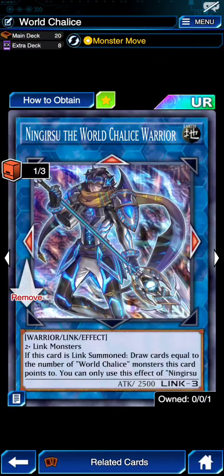And then we have Ningirsu, which is just one of the best forms of removal in the game. It's non-targeting removal, and you can do crazy shenanigans with Enemy Controller and Ningirsu, dude. A lot of removal you can do with him. Essentially, you can use his effect. He doesn't target, so after using his effect, they're not gonna know what you're gonna attempt because it's cast or resolve. So you're gonna chain